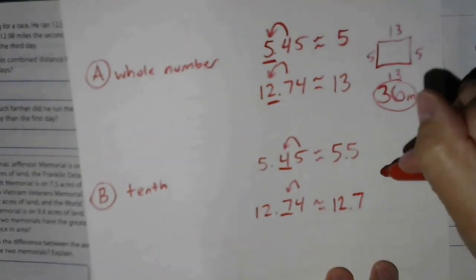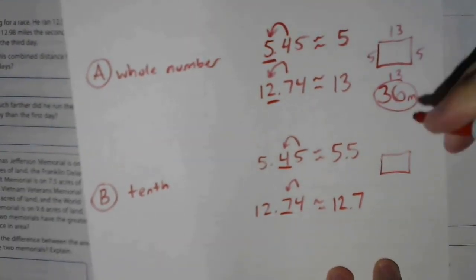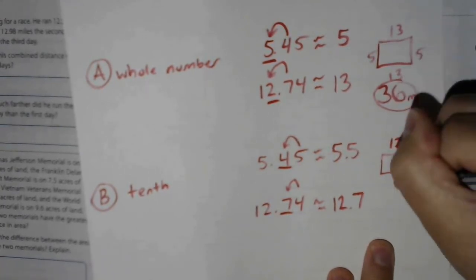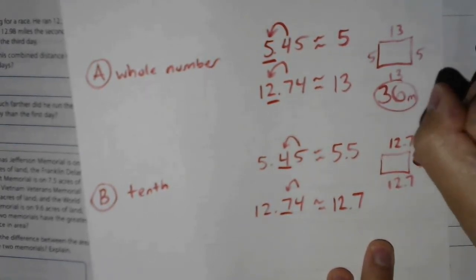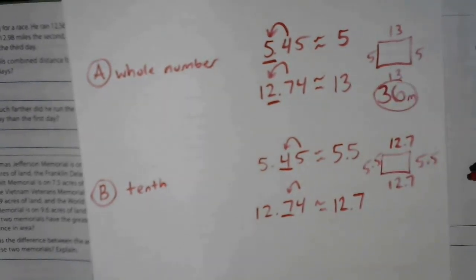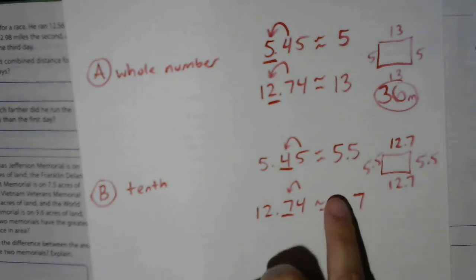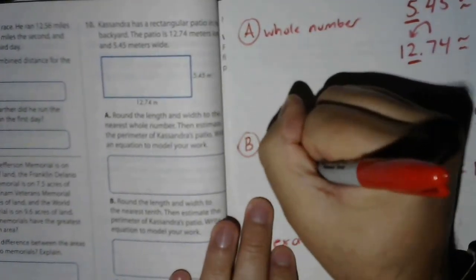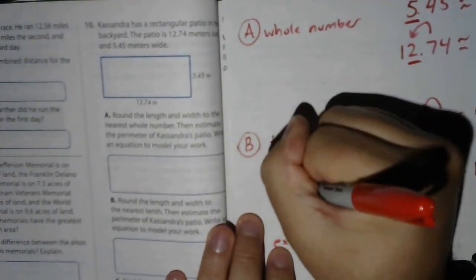Again, I'm going to draw this out. I'm not the best drawer, so please don't judge. We have 12 and 7 tenths, 12 and 7 tenths, 5 and 5 tenths, 5 and 5 tenths. In order to find the total perimeter, I'm going to add these together. Again, mental math might help out, or we could kind of do it the regular way. So I'll do it the regular way on this one, just to kind of show us how this can be